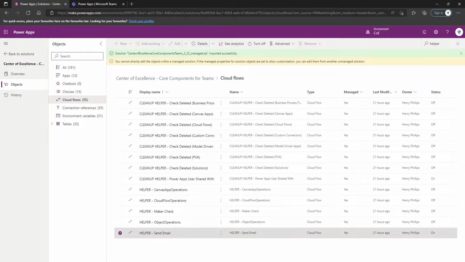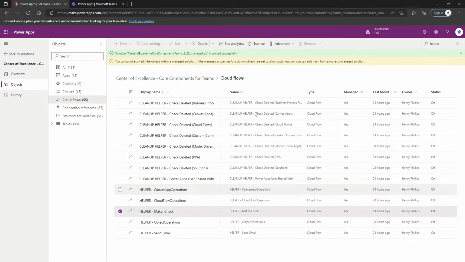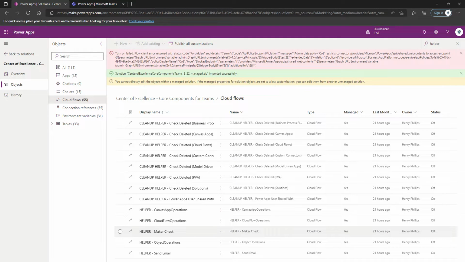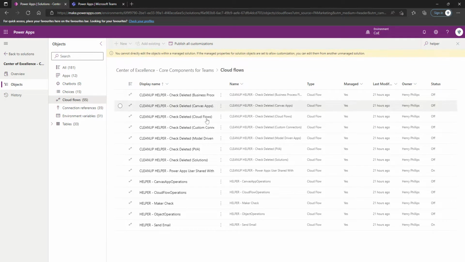The next one we're going to check is helper make a check. So I'm just going to select it and I'm going to do turn on. We then have helper Cloudflow operations. And this is where we're probably going to have to do some troubleshooting. So this forbidden error is actually one of the known errors. And what we should just have to do, so it was on the make a check, is we're going to go to this flow